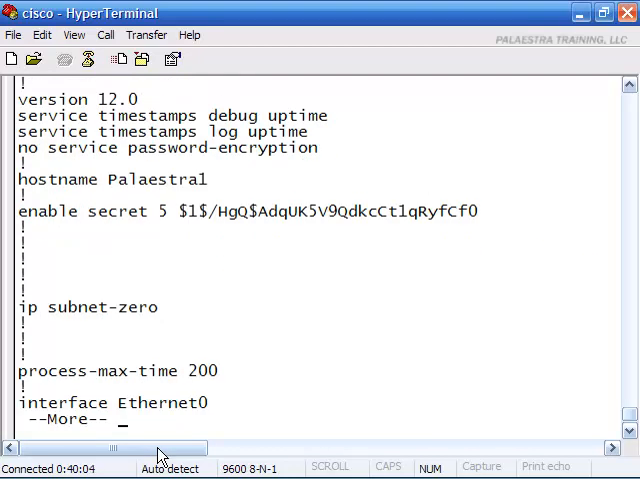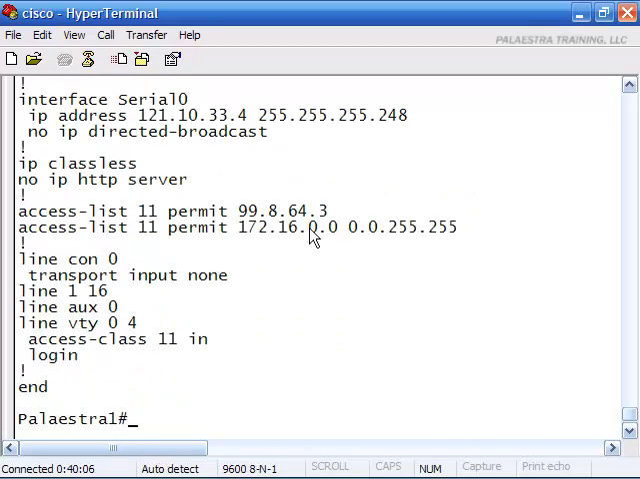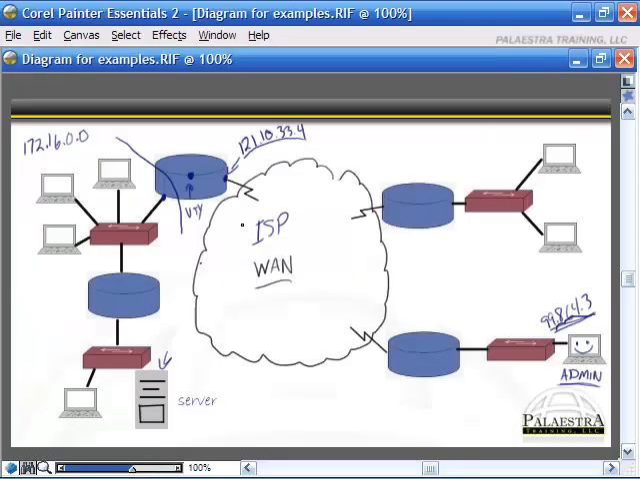So by applying it to the actual telnet lines, access list 11, you can see right here, is applied to line VTY 0 4 on the way in. So it's only permitting 99.8.64.3 and anything from the 172.16 network. What that accomplishes is anyone